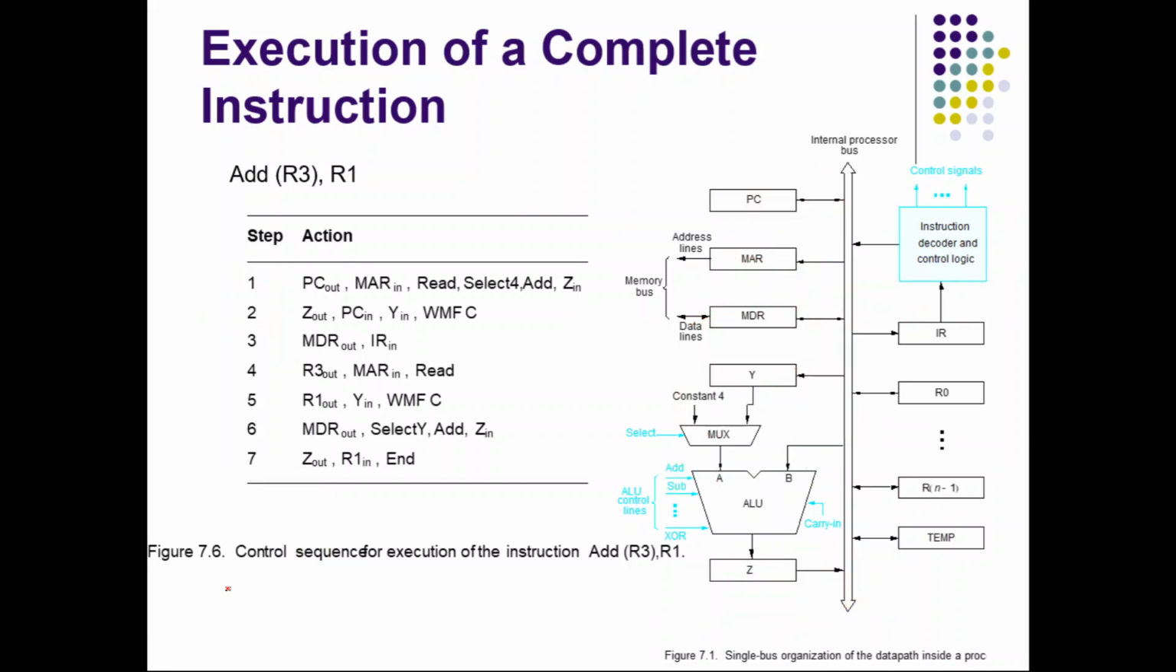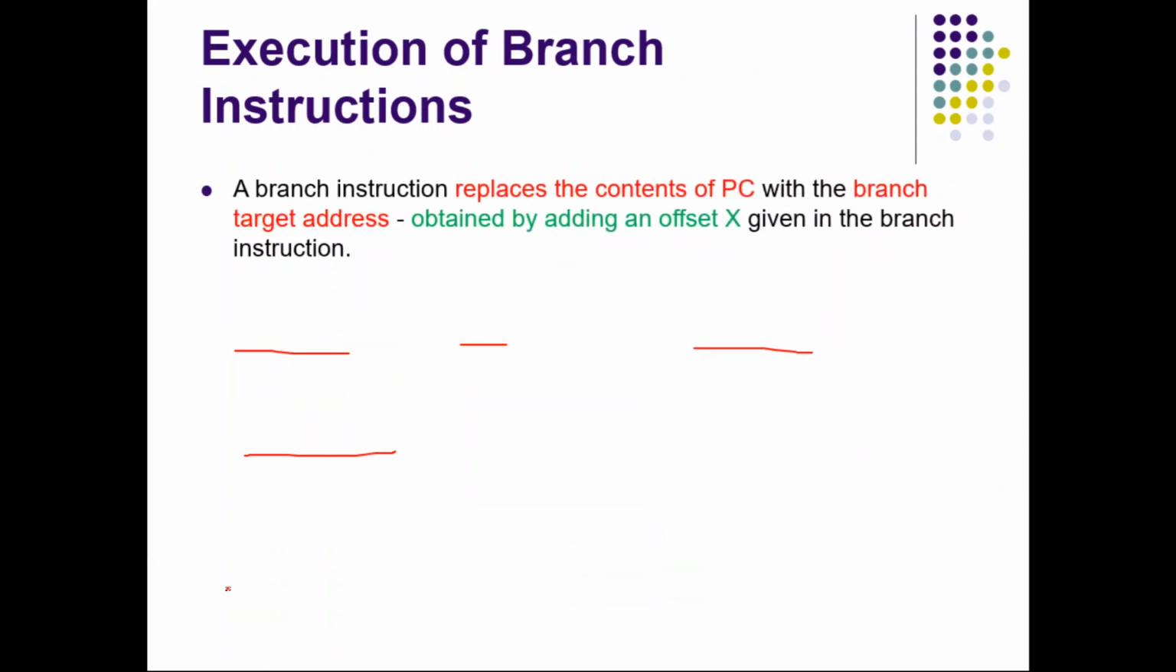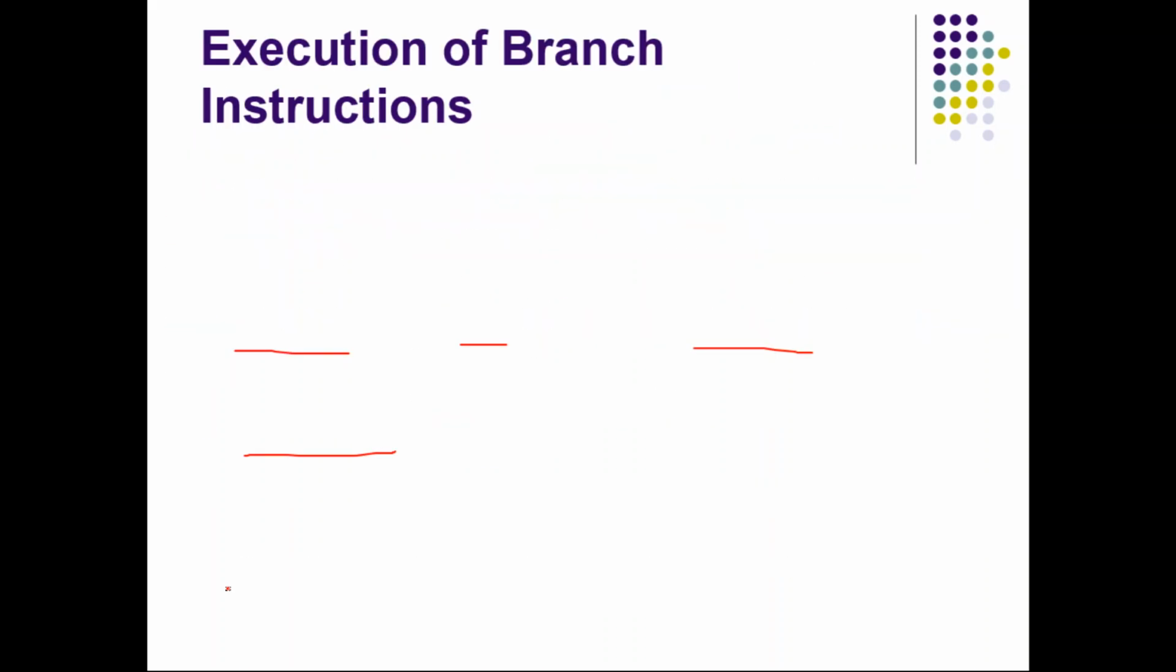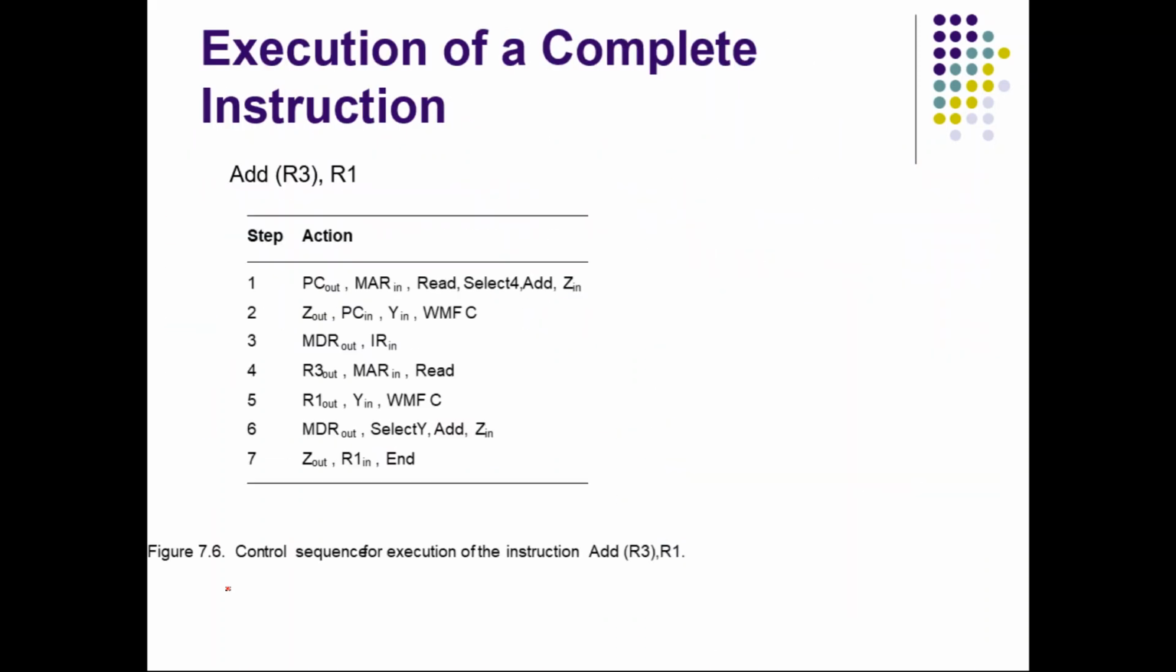So this is how branch instructions are executed. Okay, the next concept we'll be discussing is multiple bus organization. If there is more than one bus, then the performance can be improved and the number of steps can also be reduced. In the previous case, there were 7 steps,